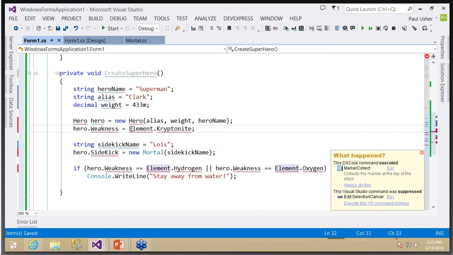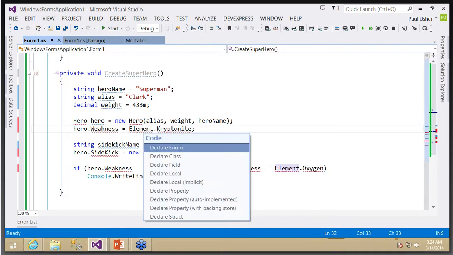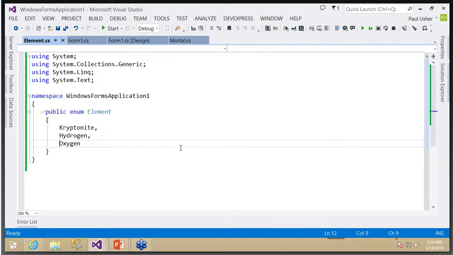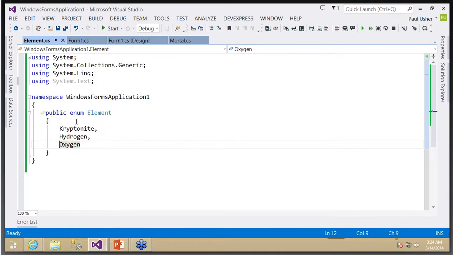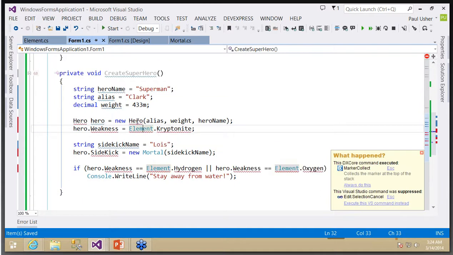Here we've got an enumerator called element. Now element can have kryptonite, it can have hydrogen, it can have oxygen, but of course it doesn't exist yet. So what I'm going to do is click on element, invoke the CodeRush menu, and say declare enum. Again, it's gone through and created this enum now called element. So if I jump back, pressing the marker collect key,